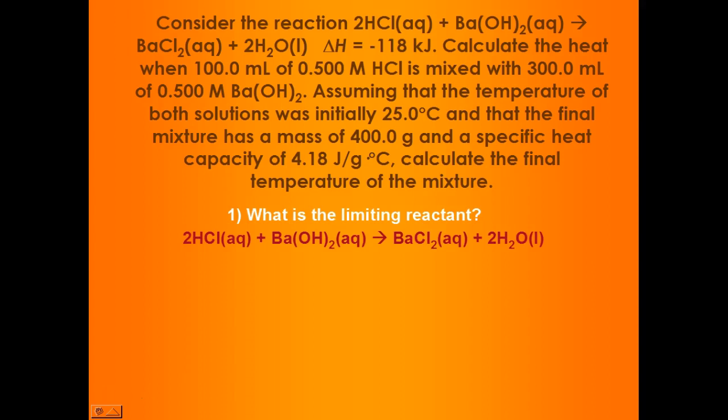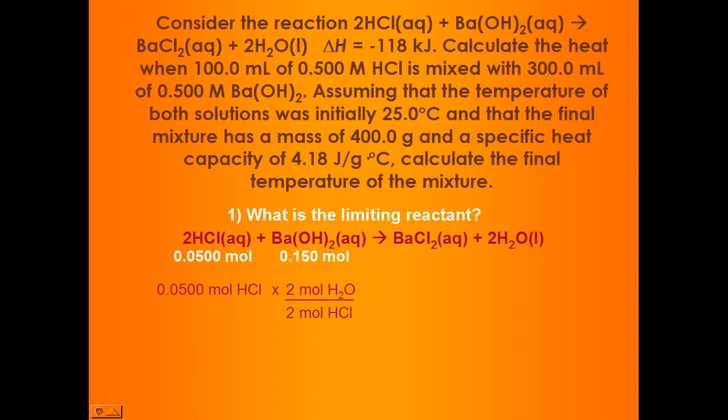And so if I take that reaction and I multiply 0.1 liters by 0.5 molar HCl, I get that I have 0.0500 moles of hydrochloric acid. I take the same volume and multiply it by its concentration, and I get 0.150 moles of barium hydroxide. Those are my two reactants, and I want to figure out how much product I can make from them. It really doesn't matter which product you choose to make with it. We just need to make sure we're comparing it to the same product so we know which one we're going to consume. I went ahead and just did water, and it doesn't again matter if I'm finding grams or moles,